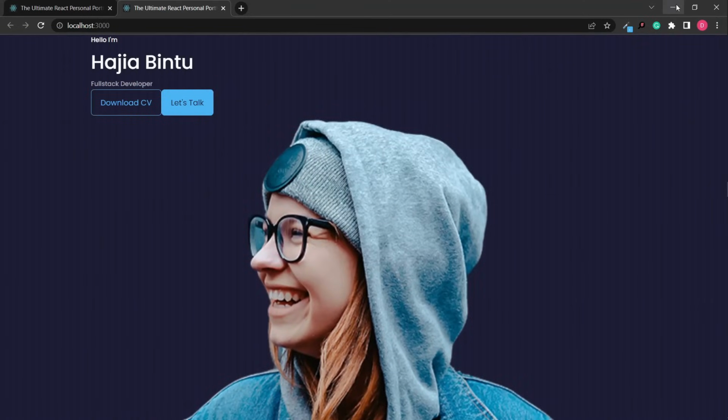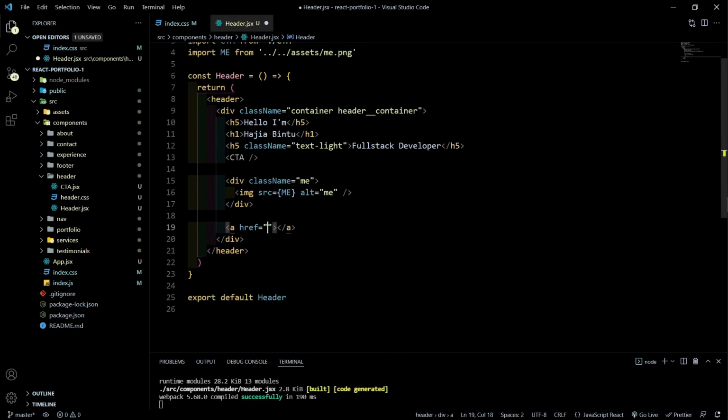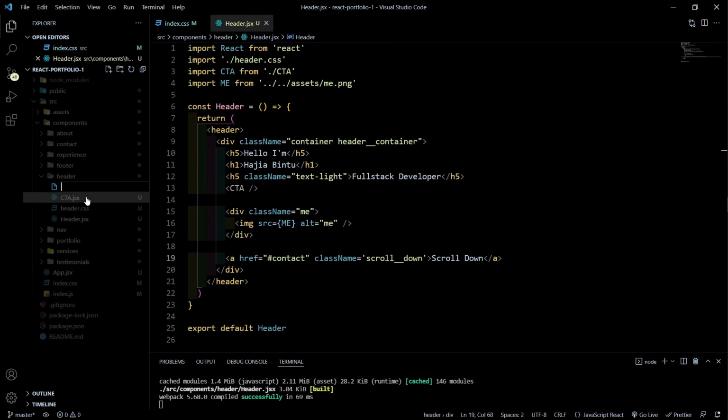Now we are going to have the scroll down link as well down here. So I'm going to have a link, and that is going to take us to the contact section. Let me give this a class name of scroll_down, and it is going to say scroll down. And the last thing we are going to have here is the socials. I'm going to create a new component for that. So let's call this HeaderSocials